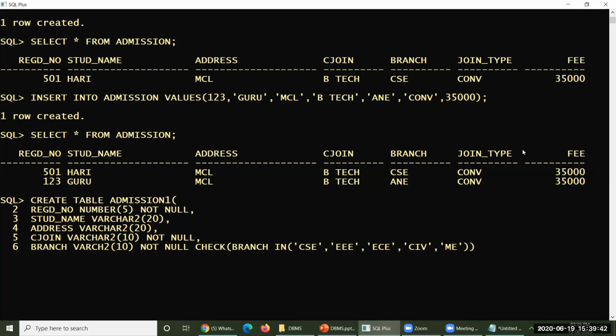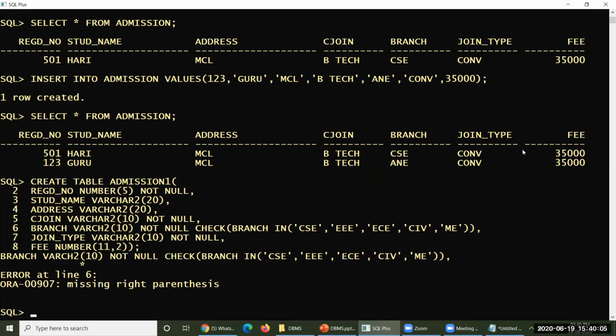Only these, comma. So join underscore type. Join type might be varchar2 of 10. It is also not null as per the previous definition. Then fee, number of 11 comma 2. So finished.